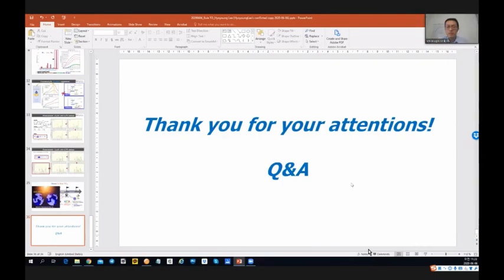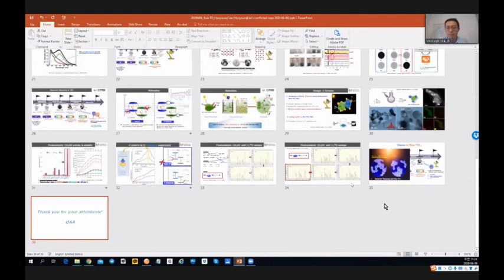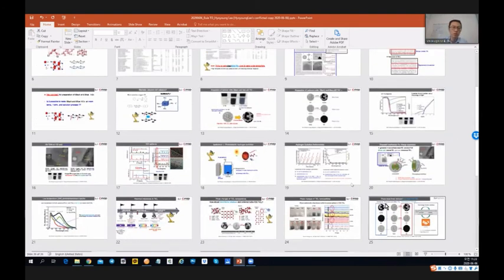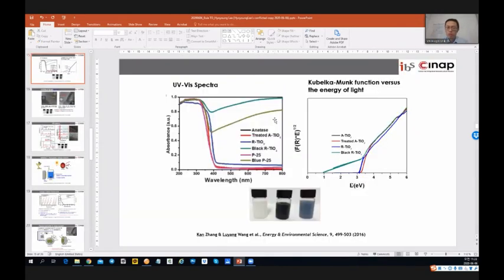as you mentioned, the creation of black titanium enhanced absorption over the whole UV-visible range. So will it also cause the creation of defect levels? Because everyone knows that defect levels will lead to the recombination of electron holes or excitons. So with the increase of the light absorption, it also leads to a decrease in the utilization of these excitons or electrons or holes.